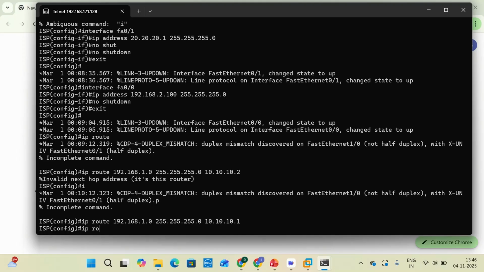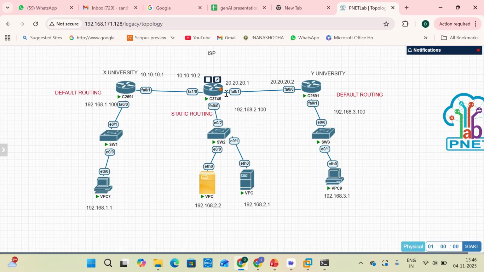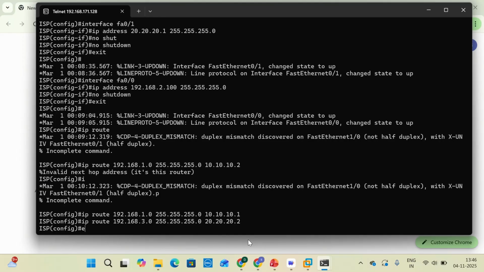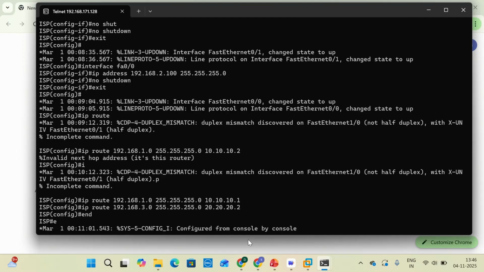Yes. Similarly, one more is there, ip route. So I need to do it for the 3 dot network, 192.168.3.0 255.255.255.0. And now we will see from here, sitting on here, the next hop to reach my destination here is 20.20.20.2. Yes, with that it is done. Okay,